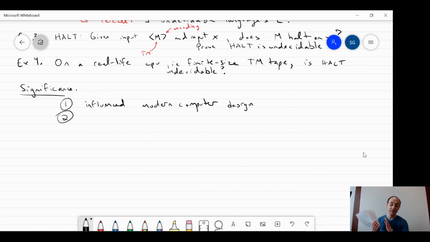Number 2, another reason why this notion of a Turing machine was super important is that, in order to prove anything rigorous, you need to formally define the sandbox in which you're playing. What are the rules you're allowed to apply, and what kind of objects can you play with, right? And the idea of an algorithm had been floating around for thousands of years, right? Euclid's algorithm, for example, for computing the greatest common divisor, has been around since like 300 BC, right? But the formal definition of an algorithm didn't really materialize until Turing came around with his Turing machines,